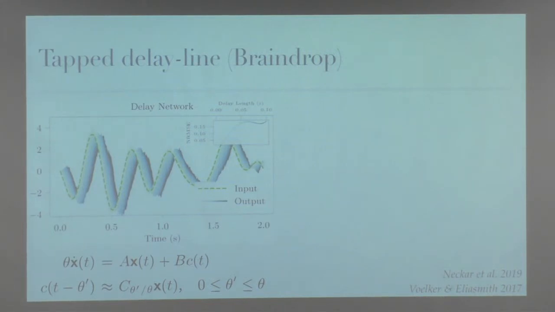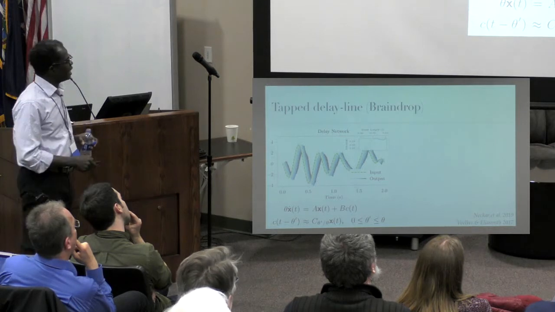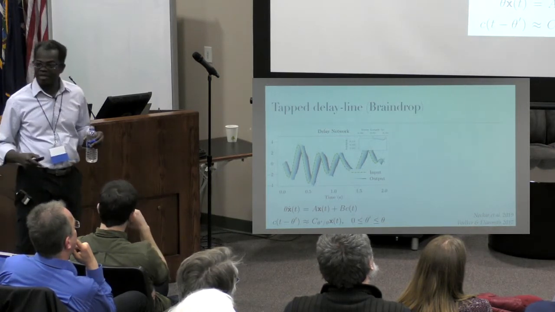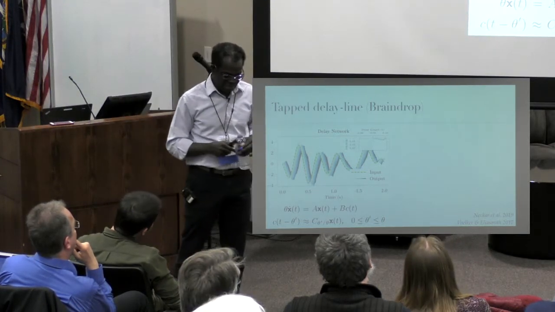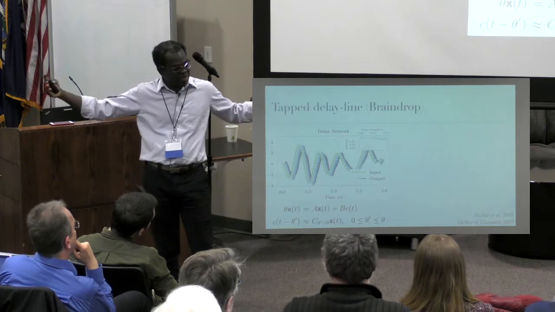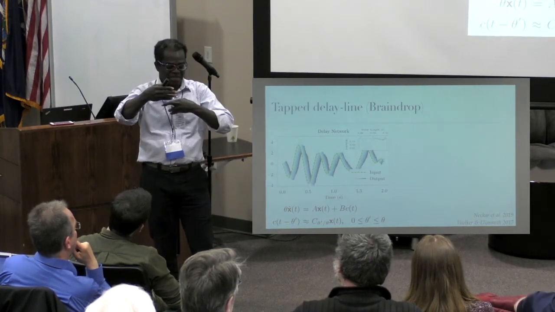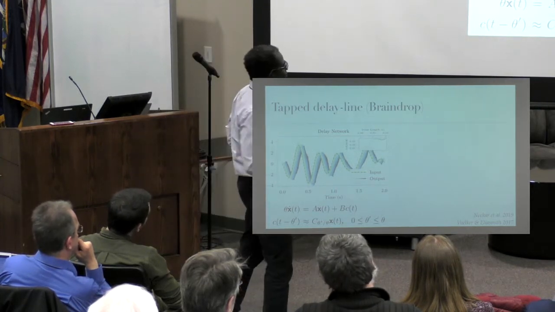where Chris's student, Aaron Walker, came up with an efficient way of implementing what's called a delay network. You can think of it as a reservoir. A reservoir, we heard about some of that this morning, is trying to keep information over time and then allow you to mix different inputs that came in at different times nonlinearly so that you can detect some particular pattern, like a particular word that was spoken.